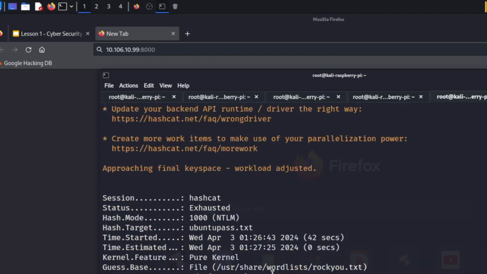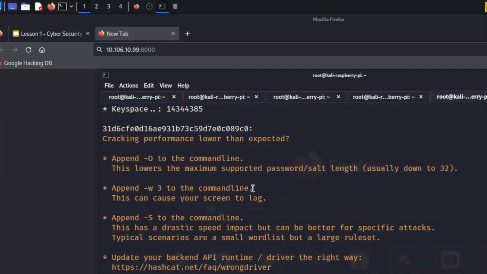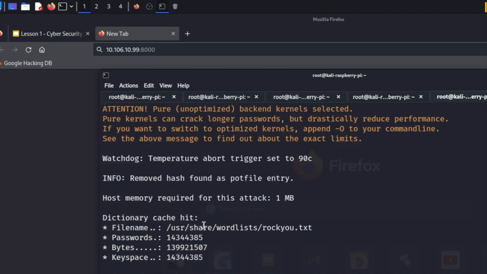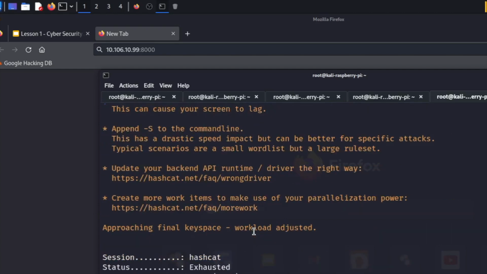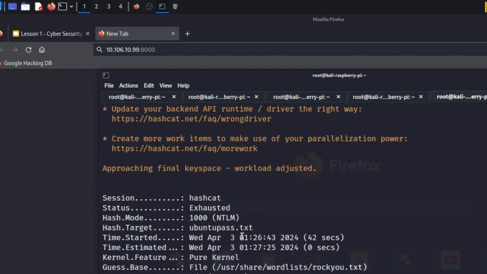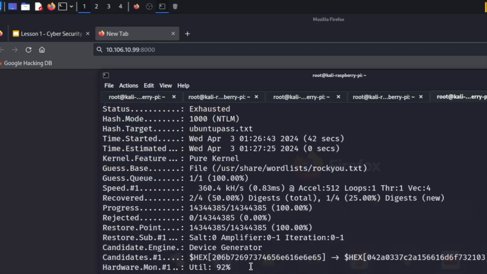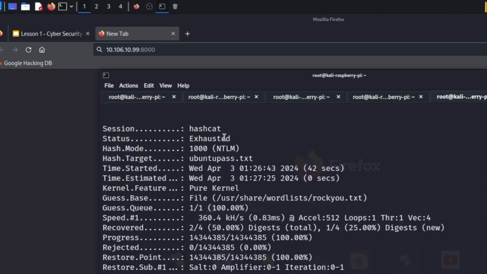Now, let's have a look at the information which we are seeing right now. So we're able to see we're using this word list. Currently, at the moment, it's still trying to crack the password in this file. It said that the status is actually exhausted, which means that this has failed again here. So this hasn't been successful this time around by using the word list